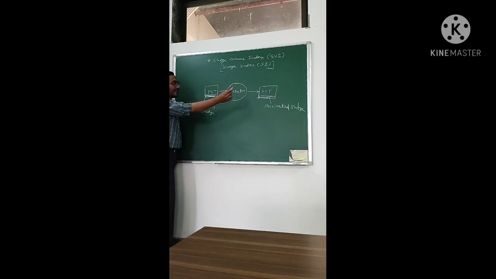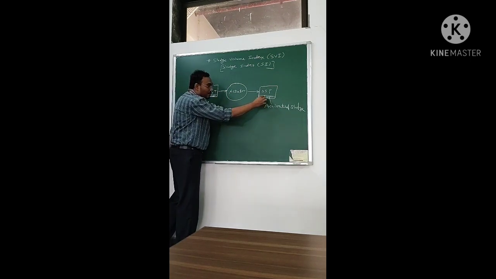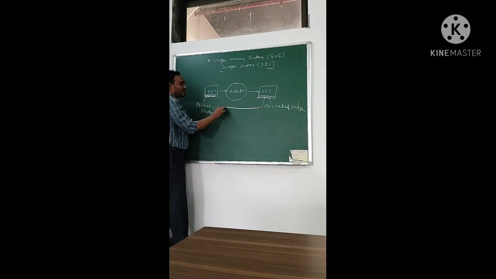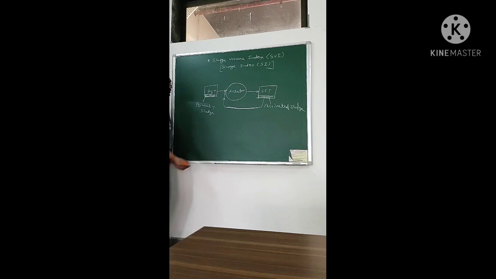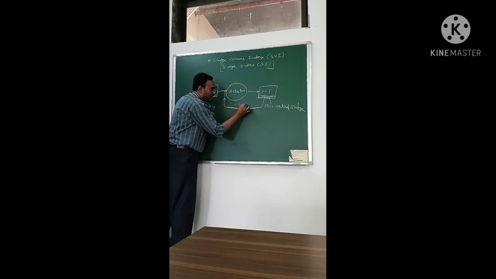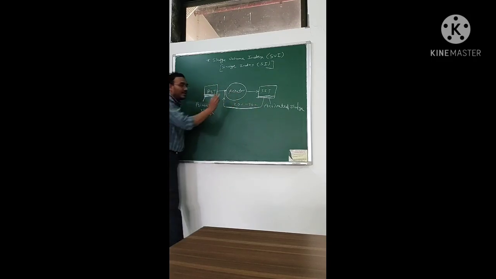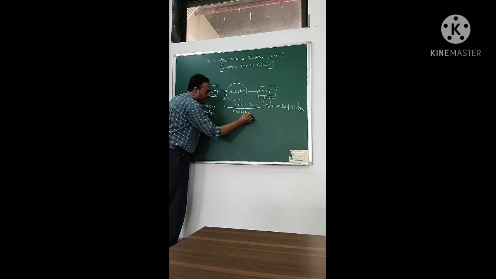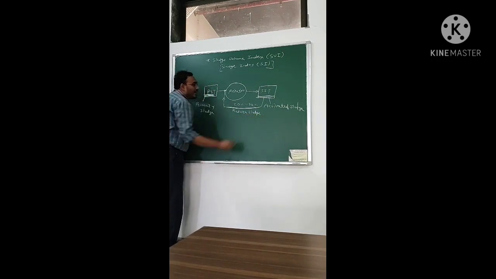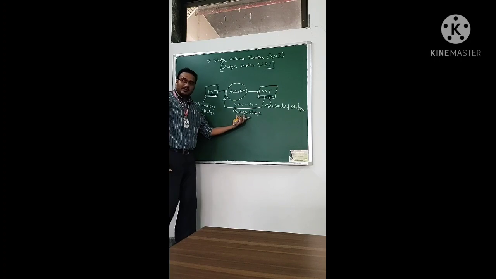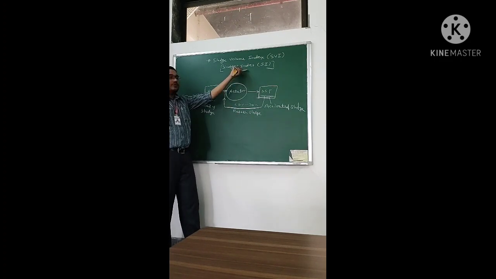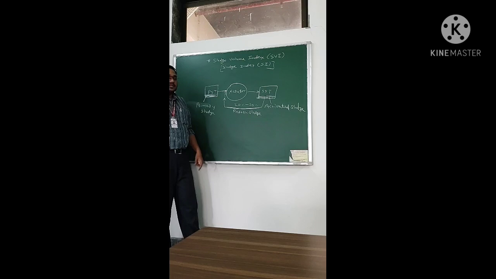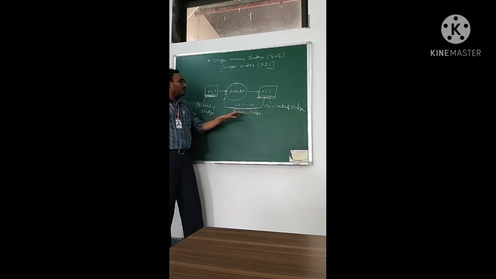What we do is take some part of the activated sludge, say 20 to 30%, from the secondary settling tank into the aeration tank. That is called return sludge. How much return sludge we have to take is decided by SVI. On the basis of SVI we determine the quantity of return sludge to be taken from the secondary settling tank to the aeration tank.